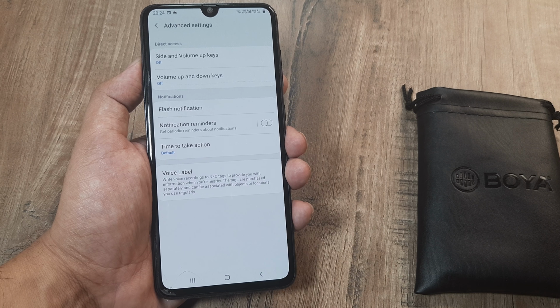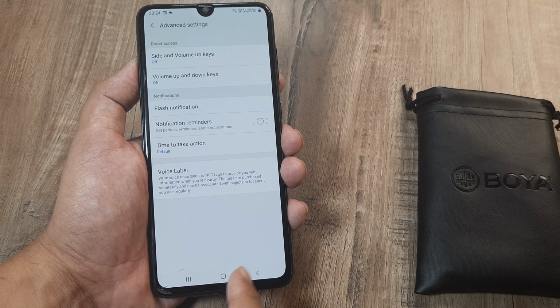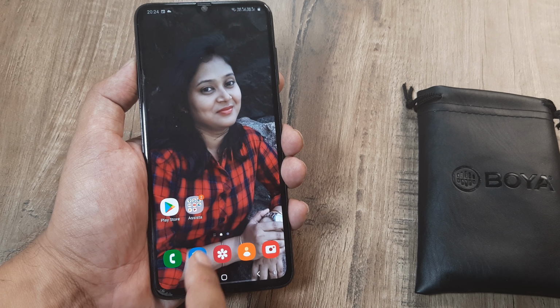Some person also commented about going to the message application and then settings. So I can kind of show you. Let's just see this. For someone, this actually was an issue. So they went to the message app, then to the settings, and here under notifications, they turned it off. I won't be doing that because I would actually want to get a message notification. But these are the things that you should be doing in 2020 if you have an Android device. And I really think that this should work for you.